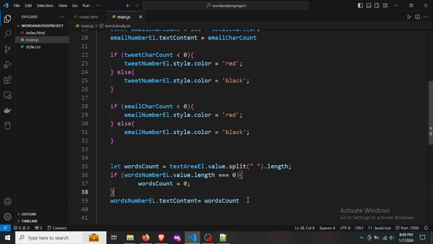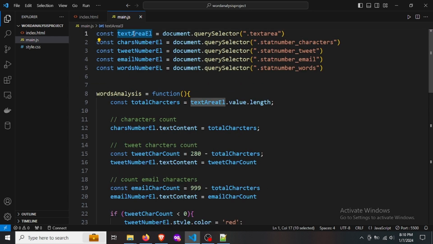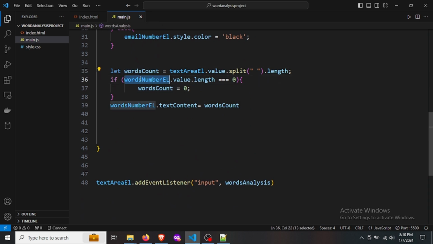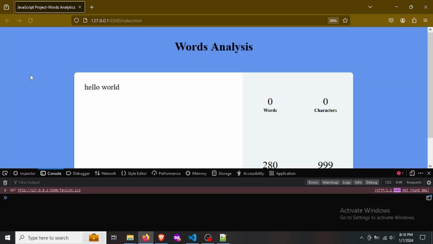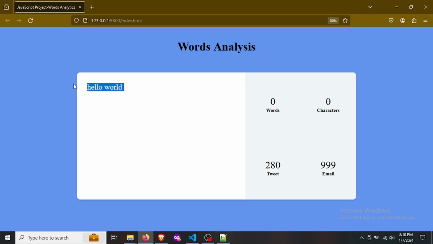Something is not correct. Okay, not the words element, the text area actually, sorry. This is going to be text area. So now if I say hello world,